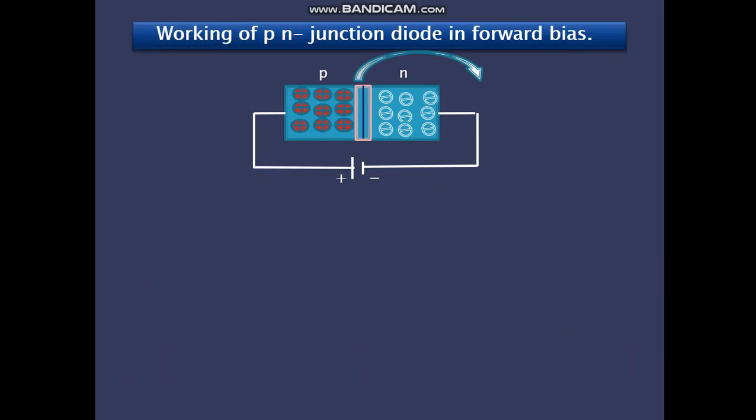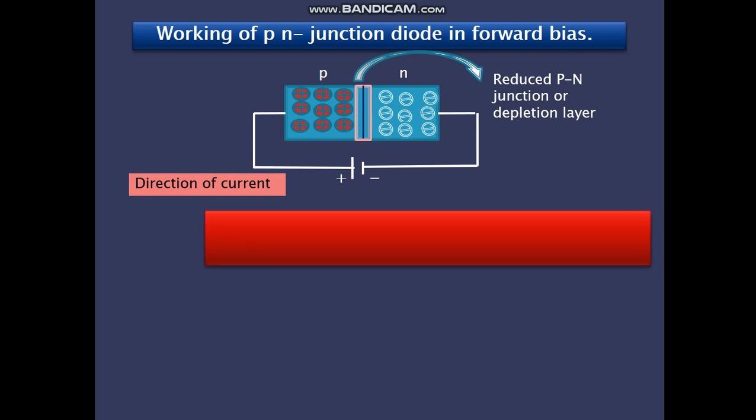Let us see the working of a p-n junction diode. The most important word we have seen is doping. Now, the second important word is biasing. Let us see what is forward biasing. The positive terminal of the battery is connected to P, as you see in the diagram, and the negative terminal of the battery is connected to N. This is forward biasing. Now, let's see why. This is a reduced p-n junction layer or depletion region. The junction becomes smaller because the positive charges are pushed towards N and the negative charges are pushed towards P. So the depletion layer becomes smaller.